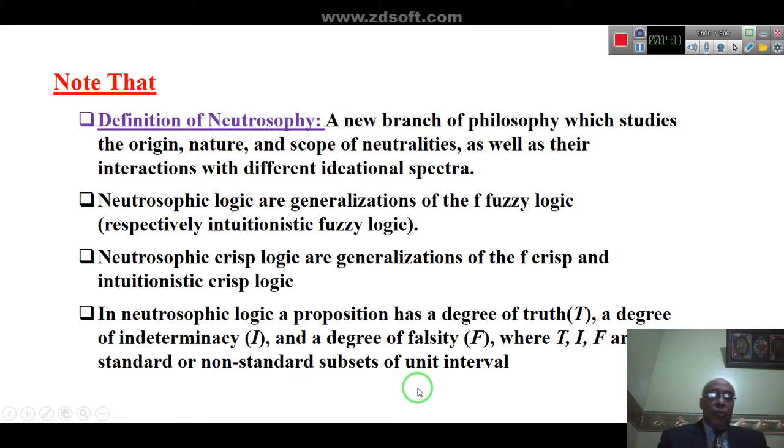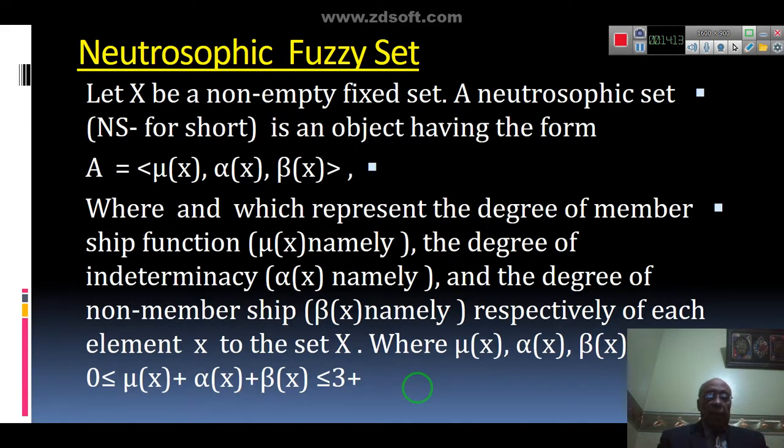From neutrosophic to neutrosophic fuzzy set. What is the neutrosophic fuzzy set? Let X be a non-empty fixed set. A neutrosophic set is an object having the form A = (mu, alpha, beta), where mu is called the membership function, alpha is the indeterminacy function, and beta is the